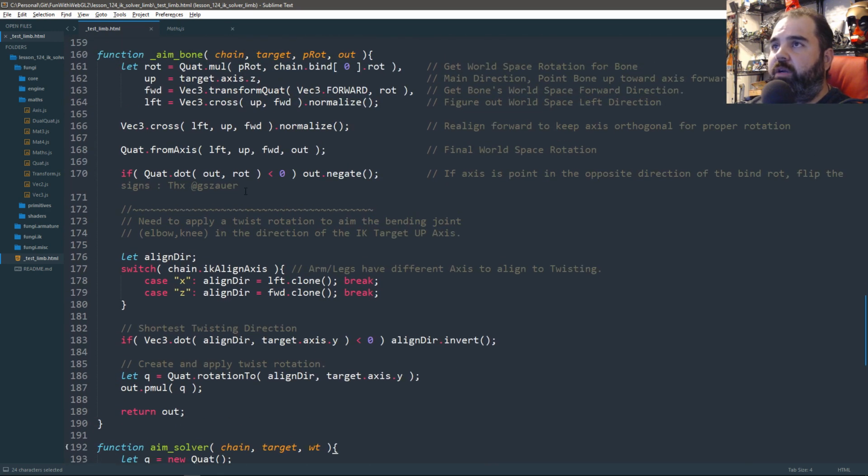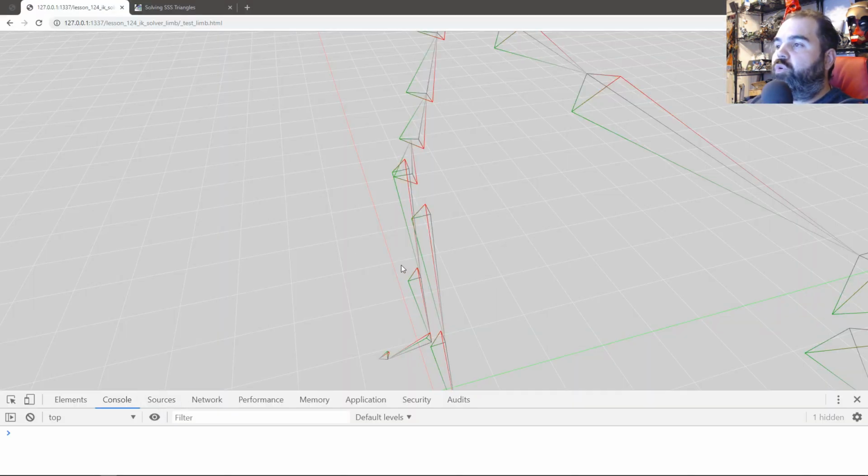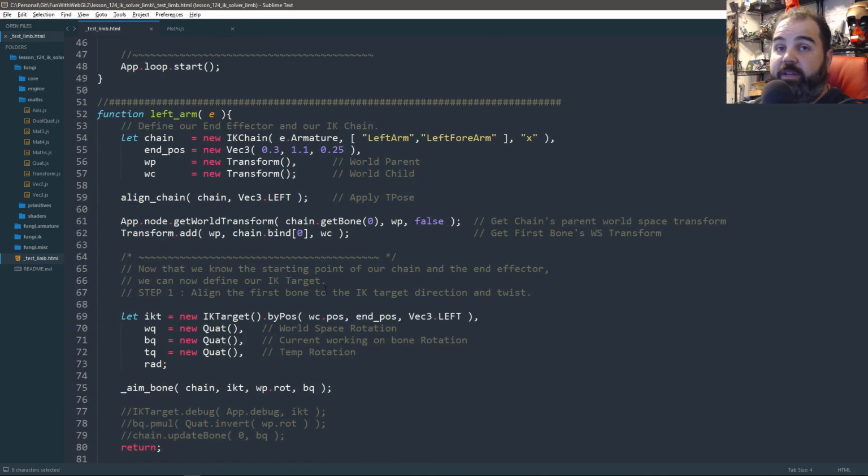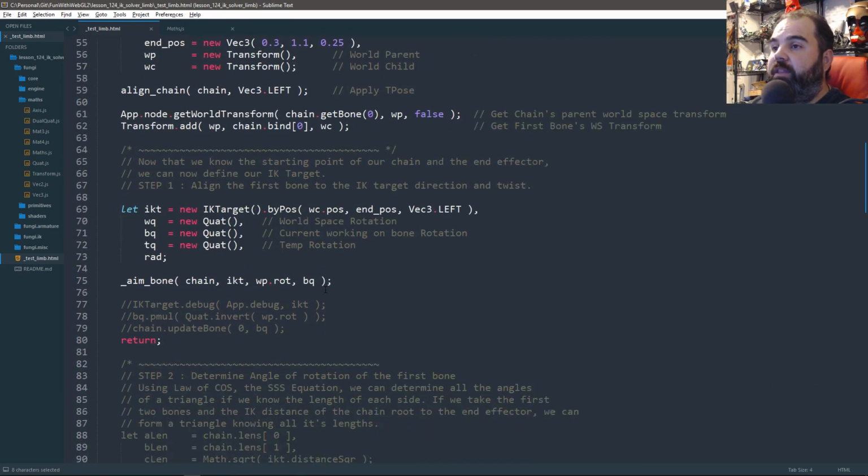So this is our aim solver now. It does everything that the aim solver does except transform everything back to local space. It keeps everything in world space, and it shoots it right back out as world space. So that makes life really easy. So this way I can reuse the function in a lot of places, and then just do the transformation at the end. So now if I uncomment the IK target,